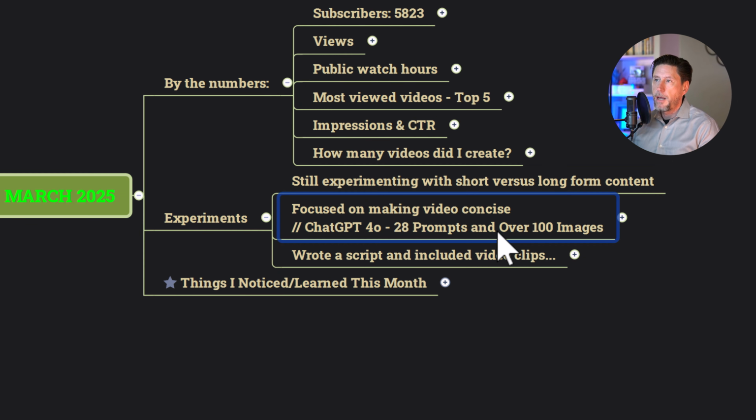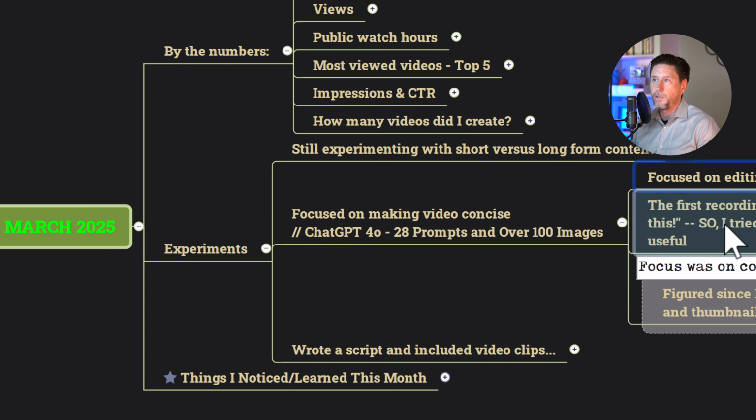I'm also focusing on making videos concise. When I did my ChatGPT 4.0 video at first, I had myself doing all the prompts and typing them in, recording it. I narrated the whole thing, and I couldn't believe the timer, but I thought it was going to be a short video. It ended up being over 40 minutes long, and I just basically thought, I wouldn't watch that video. That's way too long.